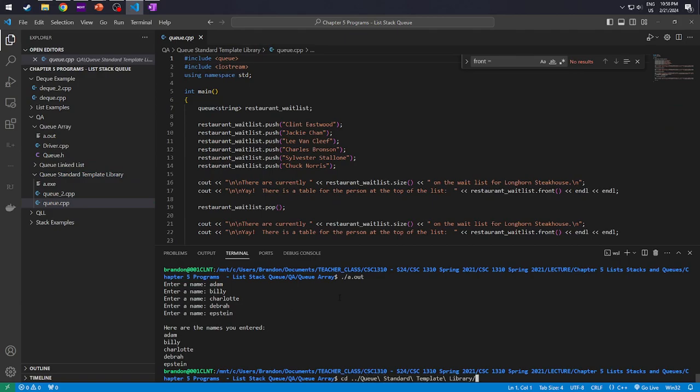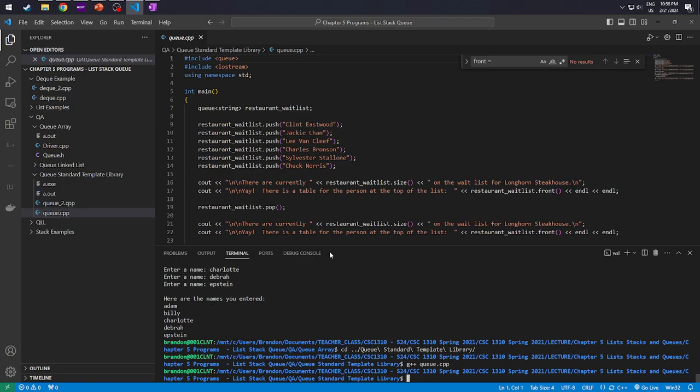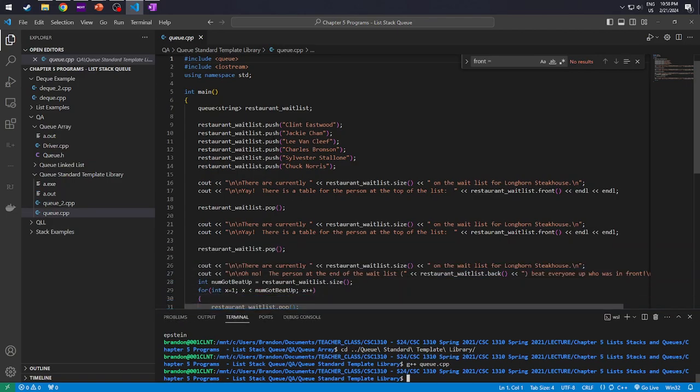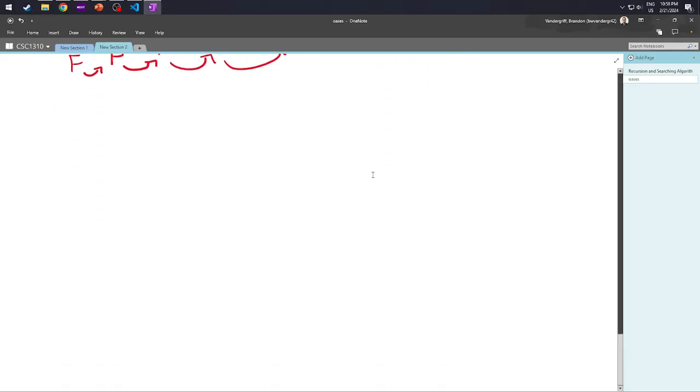Queue standard template library. So we've got this very fancy restaurant that we are taking clients to. It is a Longhorn Steakhouse. We have Clint Eastwood, Jackie Chan, Lee Van Cleef, Charles Bronson, Sylvester Stallone, and Chuck Norris. So if we look at our queue of who's getting into the restaurant first, it's going to be